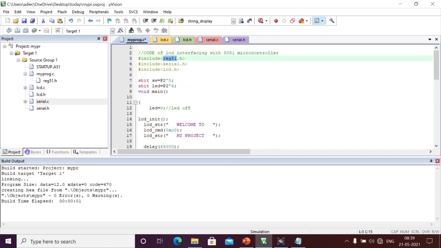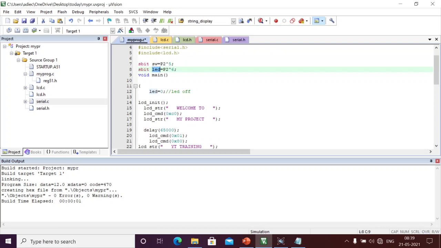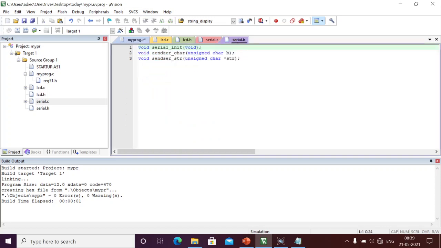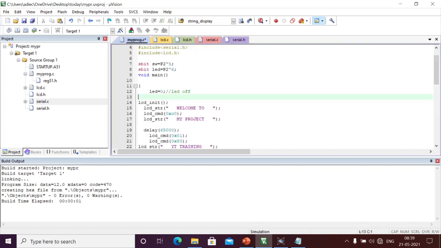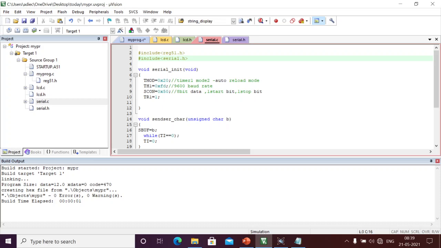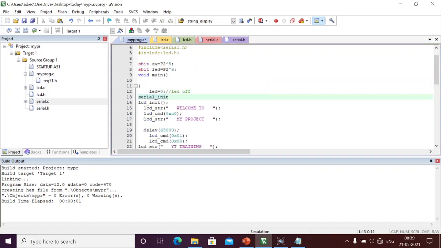This is the main functionality. Here in our main functionality we are going to take one switch and also an LED. Initially we are going to turn off the LED. Here I should initialize the serial communication port, so this function we should call now. Before, we had the complete functionality written directly, and now we divided it into another function. That's why I'm just calling this function.